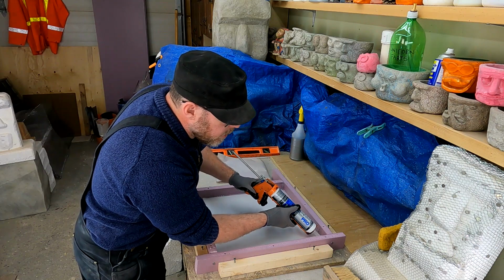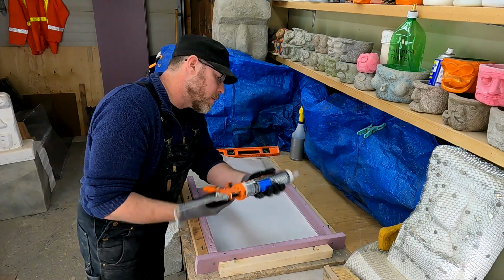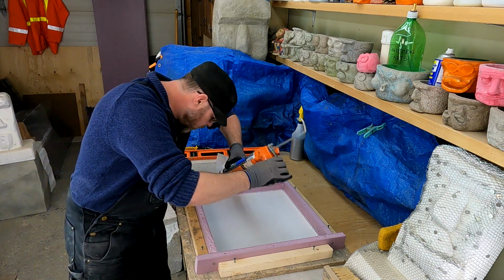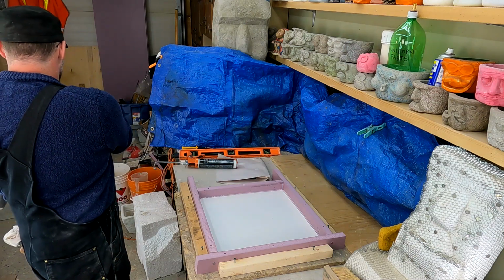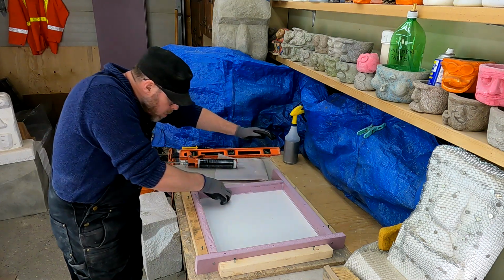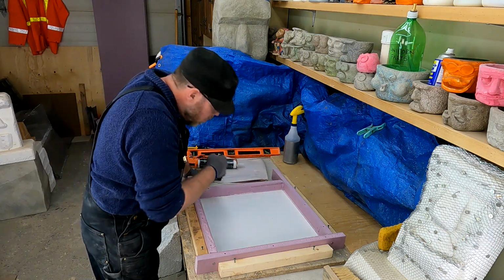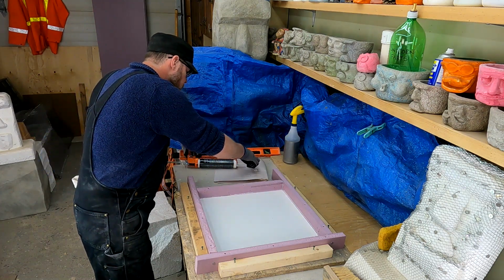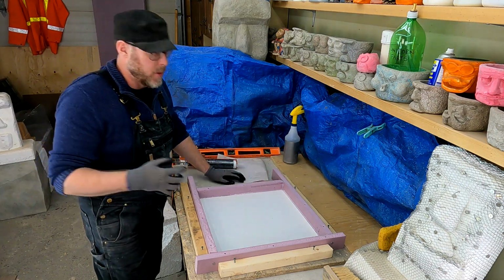Not going for perfection here, because I'm also going to run my finger along the bead just to marry the edges. Get in there. A little bit of water. Some at the end. The silicone, if you can run the bead all in one shot, for sure that's the best way to do it, but